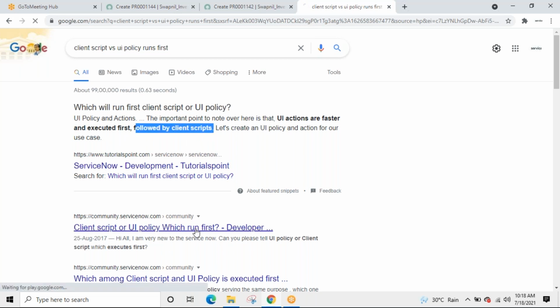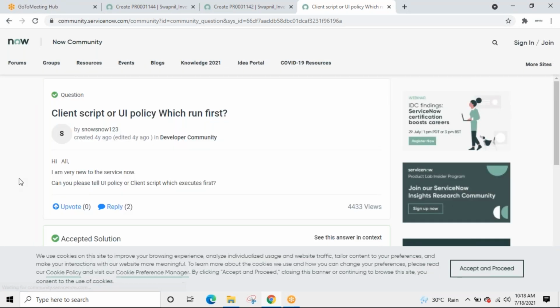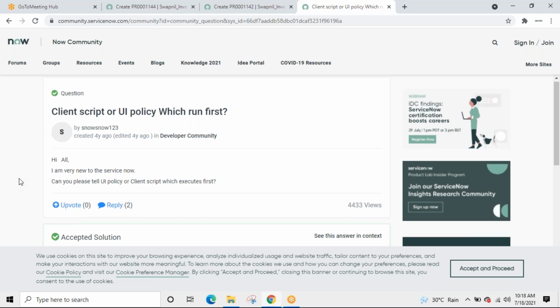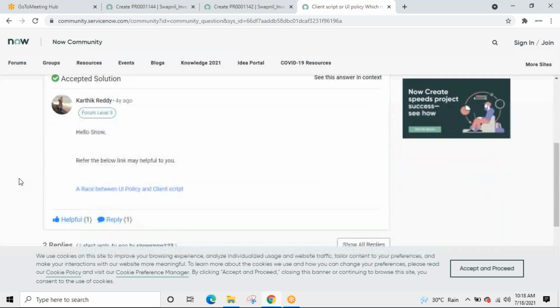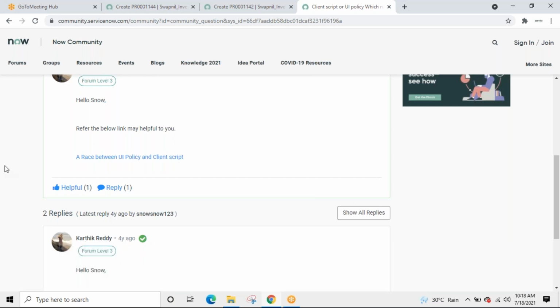Which runs first? Accepted solution. This is how you search when you are not sure. A race between UI script, UI policy, and this. Has someone mentioned the answer directly?